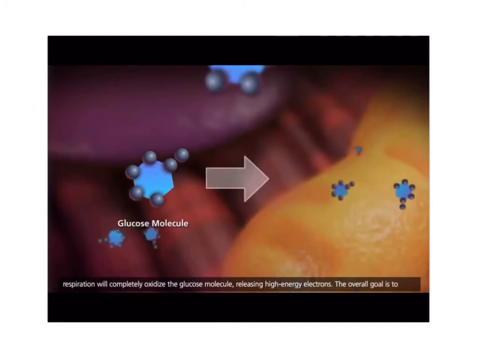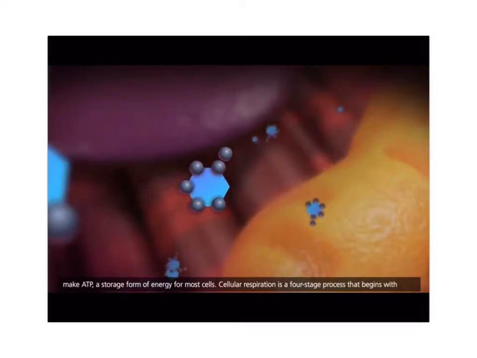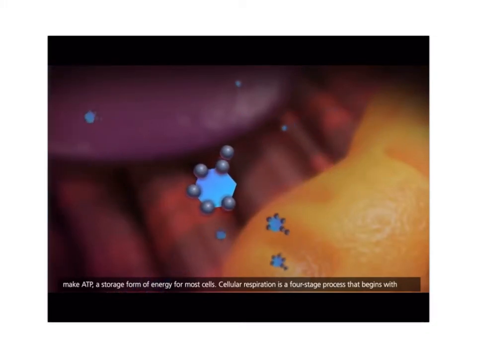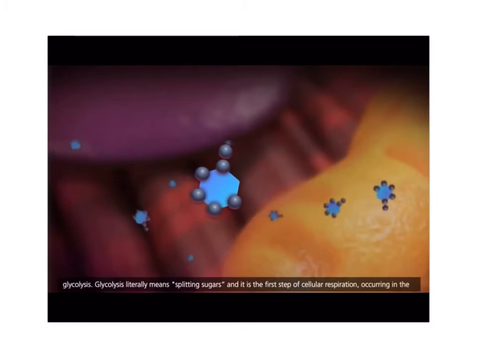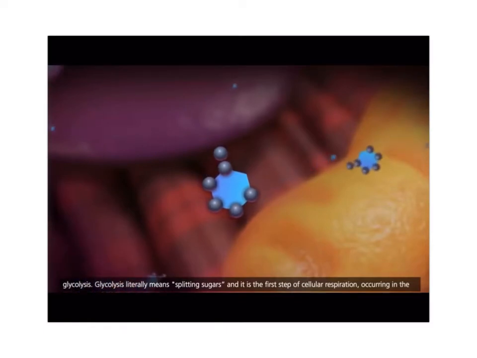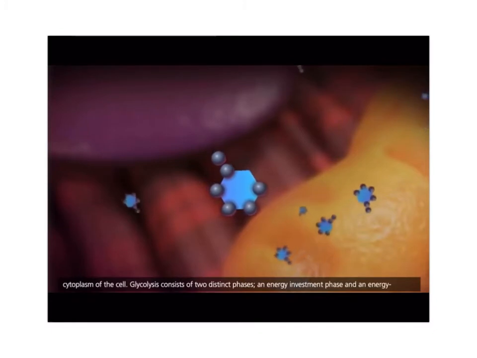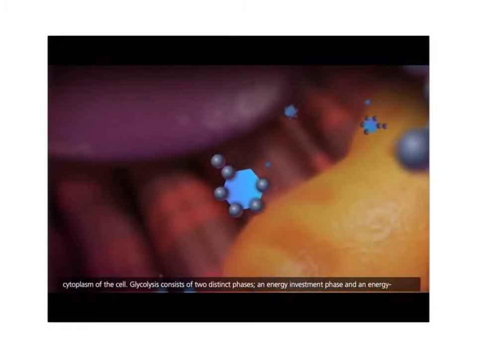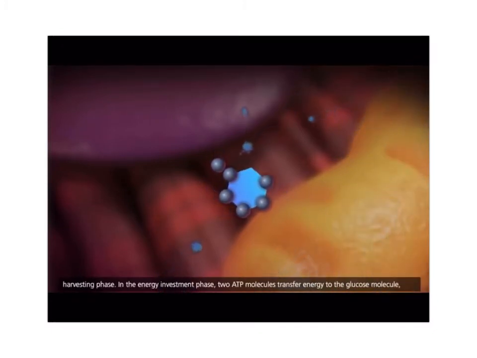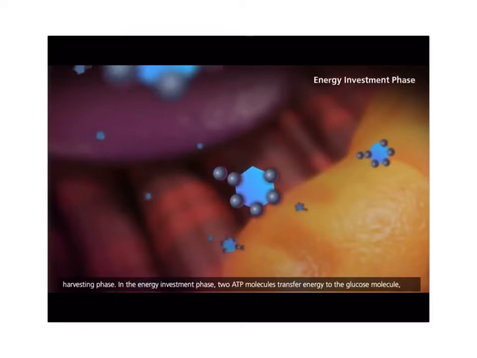The overall goal is to make ATP, a storage form of energy for most cells. Cellular respiration is a four-stage process that begins with glycolysis. Glycolysis literally means splitting sugars, and it is the first step of cellular respiration, occurring in the cytoplasm of the cell. Glycolysis consists of two distinct phases, an energy investment phase and an energy harvesting phase. In the energy investment phase, two ATP molecules